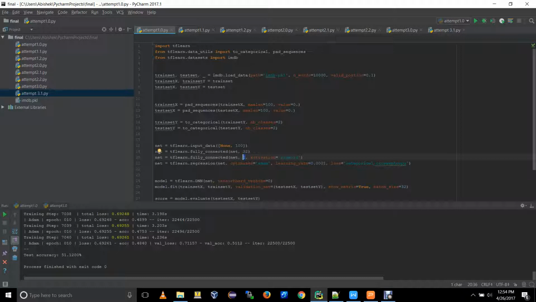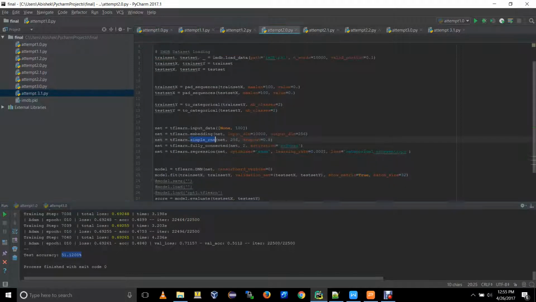So this was my first attempt. This was a very basic idea. I've already trained this, and it came to a test accuracy of around 51.12%. In attempt 2.0, I've tried to implement a recurrent neural network, but this is a very simple one.